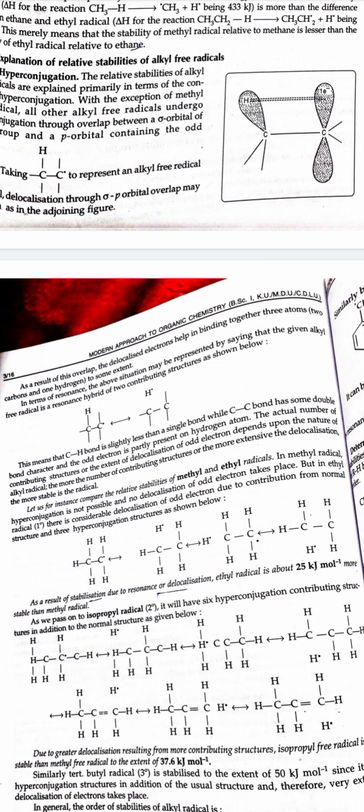In terms of resonance, the above situation may be represented by saying that the given alkyl free radical is a resonance hybrid of two contributing structures. This means that CH bond is slightly less than a single bond, while CC bond has some double bond character and the odd electron is partially present on hydrogen atom. The actual number of contributing structures or the extent of delocalization of odd electron depends upon the nature of the alkyl radical, the more the number